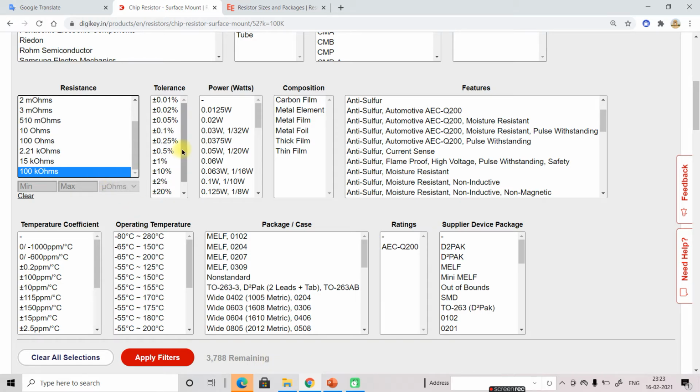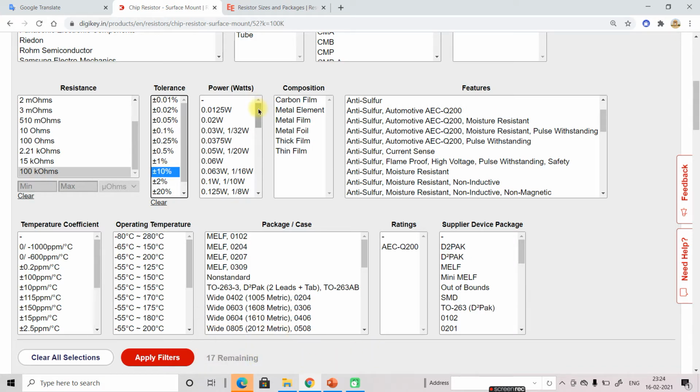So now I select the 10% tolerance. So 10%, now its quantity is decreased. It is saying that with 100 kilo ohm and 10% tolerance, we have only 17 resistors.